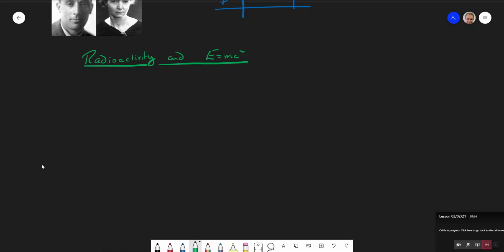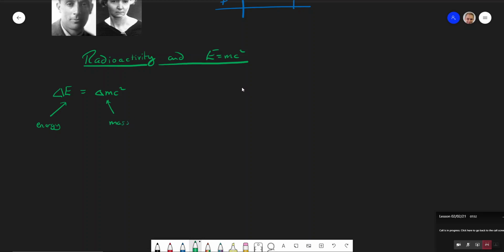So let's take a little example of radioactivity, a radioactive decay, and show why that can happen. In terms of what is going on, why things happen from an energy perspective. The key thing to remember is that when you've met the equation delta E equals delta m c squared, you get a change in energy due to a change in